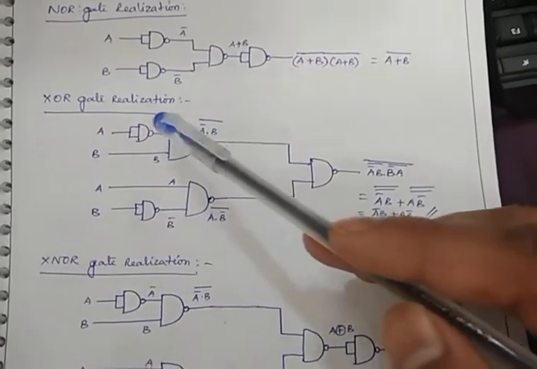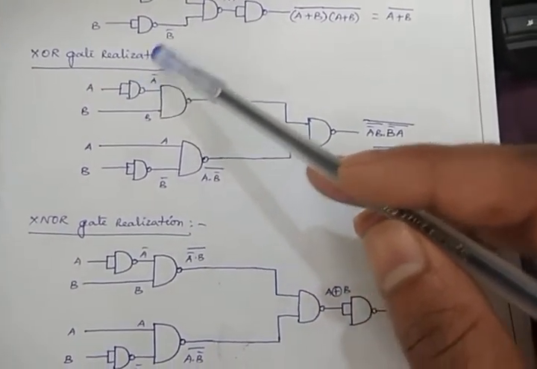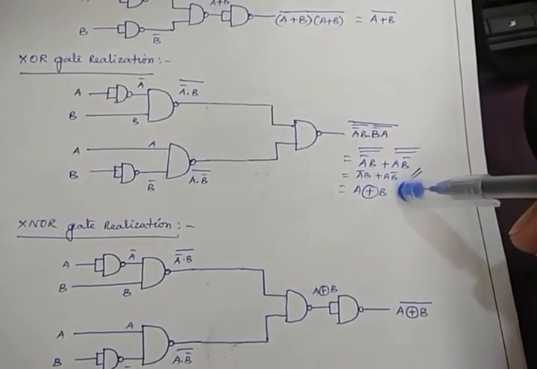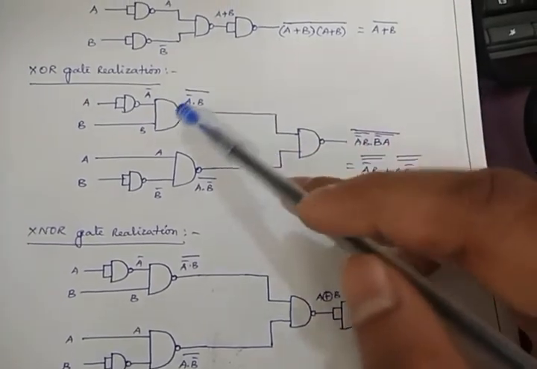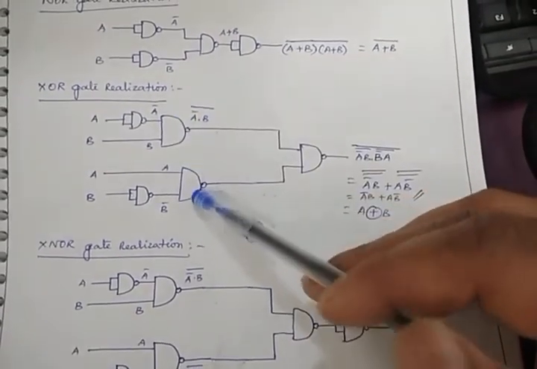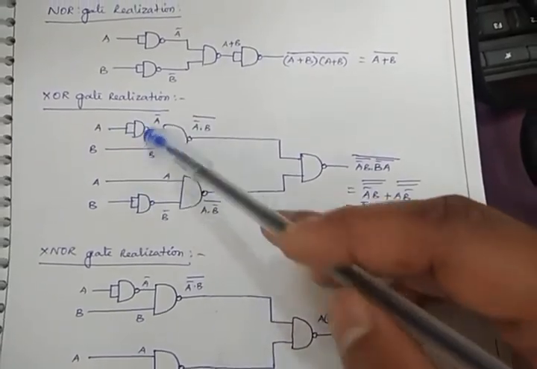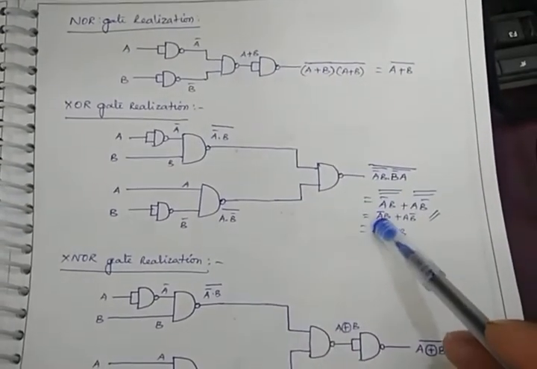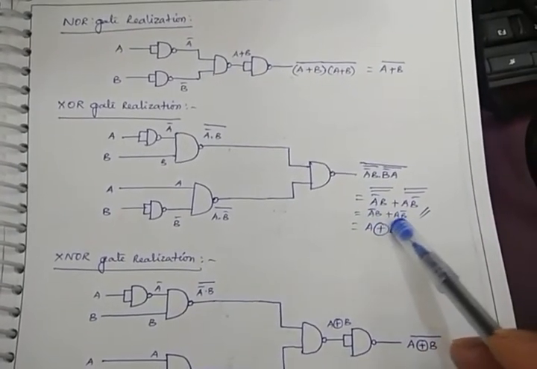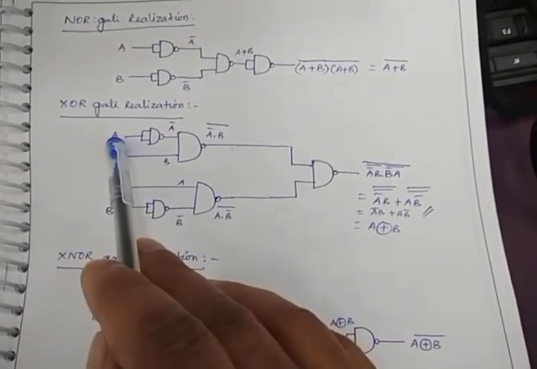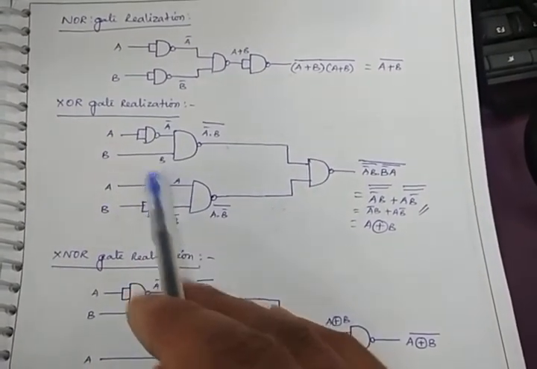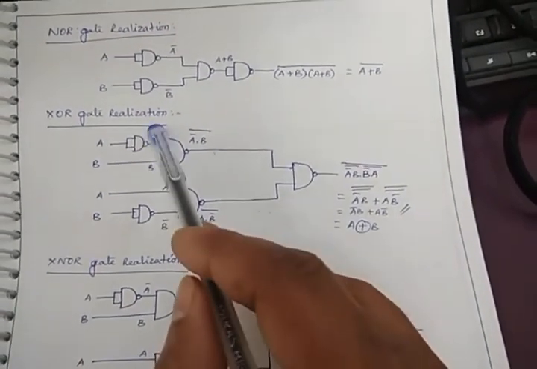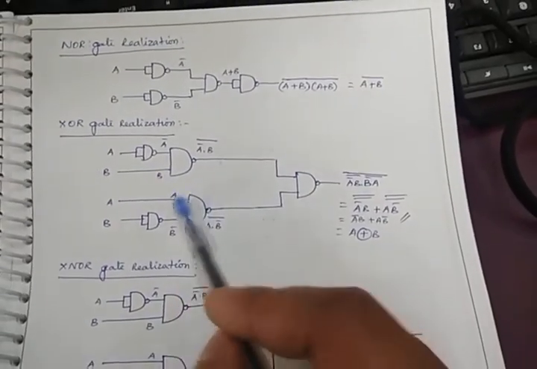So we'll see the XOR gate. It is a special type of gate. The output of XOR gate, we know, is A bar B plus B bar A. So we'll see how we will get this output by using only NAND gates. See here I am connecting NAND gates to get the two outputs like A bar B and B bar A. I am connecting a NAND gate with A, then I will be getting here A bar, and connecting a NAND gate with B to get the B bar. So A bar, here B, and here A, B bar.